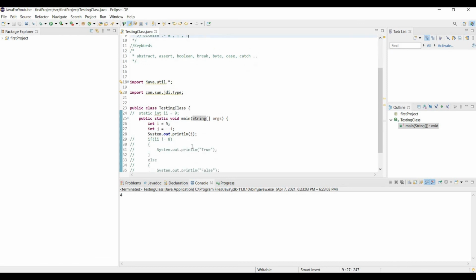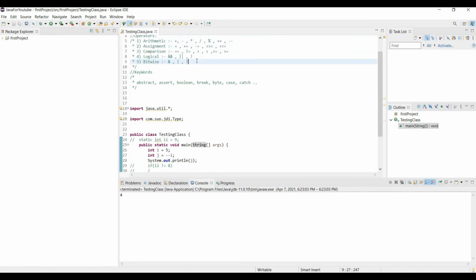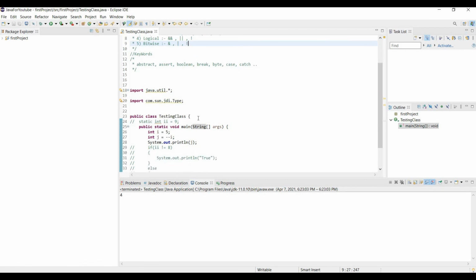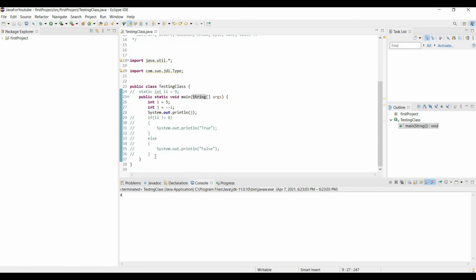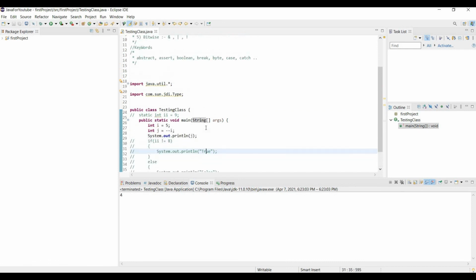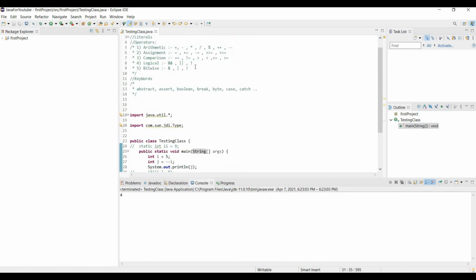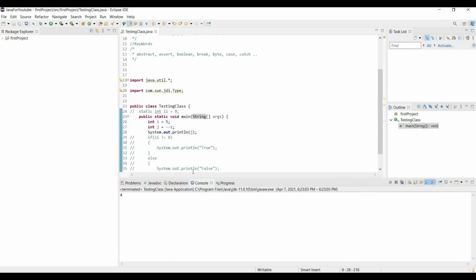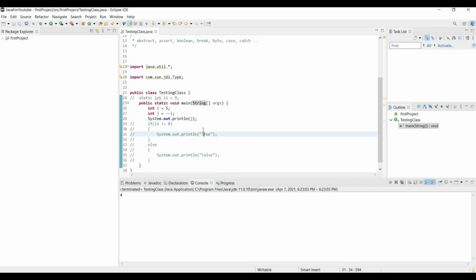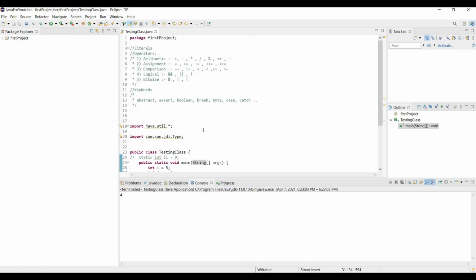I can't show you this operator using simple logics because I need to use condition. Inside that condition I need to use this logical and bitwise. To learn this topic, first you need to learn this condition, if else, while, do while. Okay, so better to leave this right now.